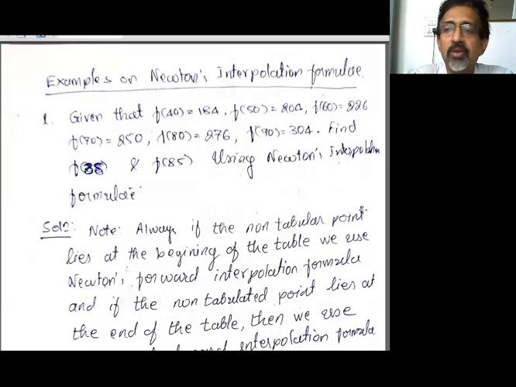I'll consider this problem, which is of course taken from the question bank. Here I have made use of both Newton's forward interpolation formula as well as the backward interpolation formula. The example goes like this. Given that f of 40 is 184, f of 50 is 204, f of 60 is 226,